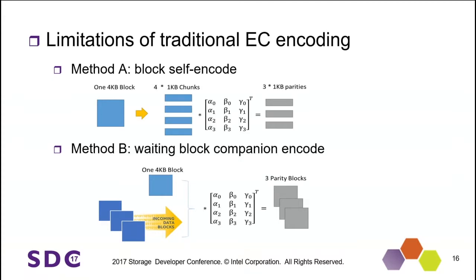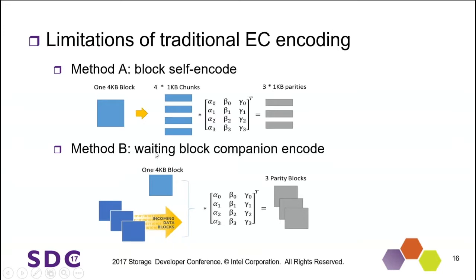In this method, typically the operation granularity is the whole 4 kilobyte block. This block size is too small to encode by itself. And when doing this 4 kilobyte random write encode, each data slice will be only 1 kilobyte. And the system efficiency will be very low since all the data size will be 1 kilobyte through network and disk. The second possible method is waiting for other incoming blocks